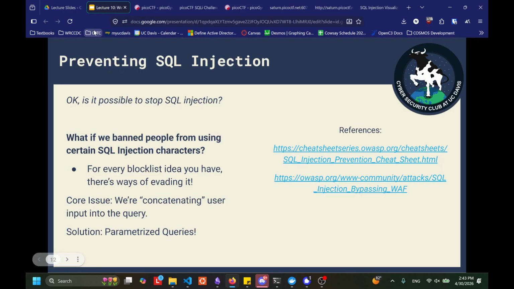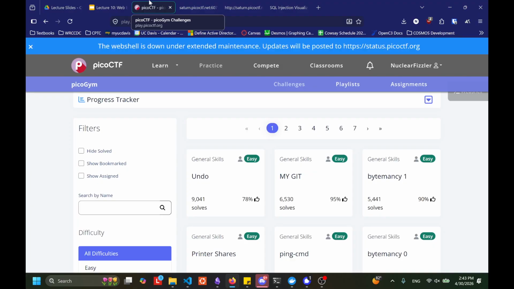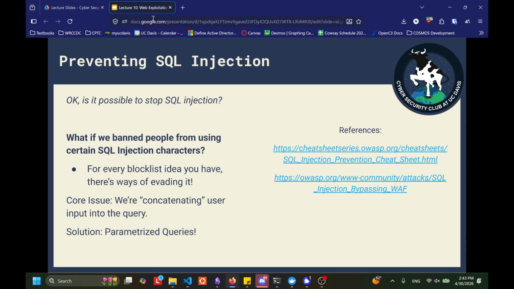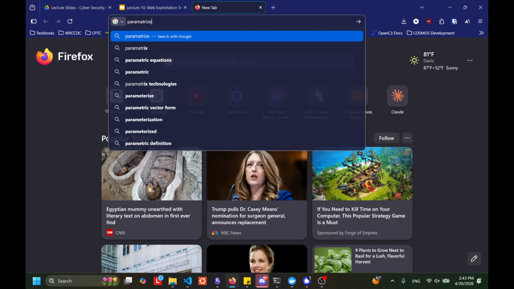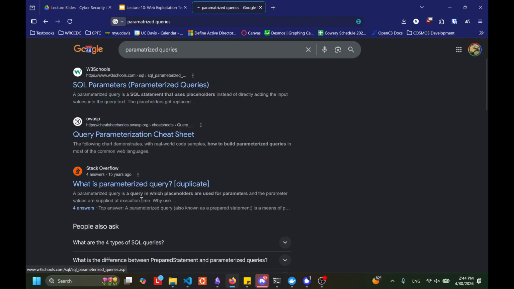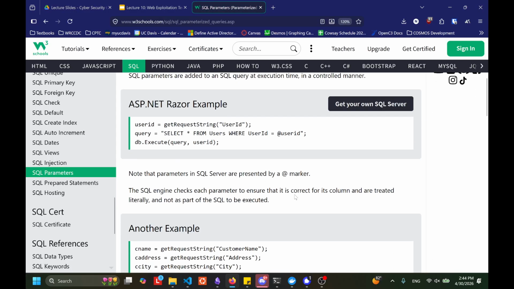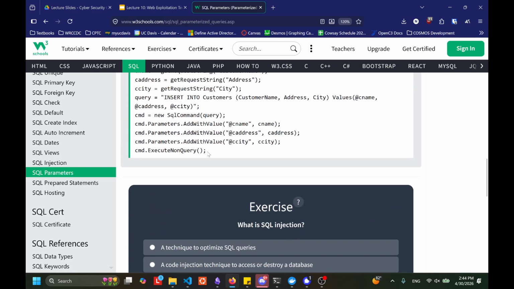But ultimately, the issue is when you build a SQL query normally, you're directly concatenating whatever your user puts into the query. The solution to most SQL injection attacks, I don't know if there are some weird edge cases, is something called parameterized queries. So instead of directly feeding whatever the user put into the query, you use